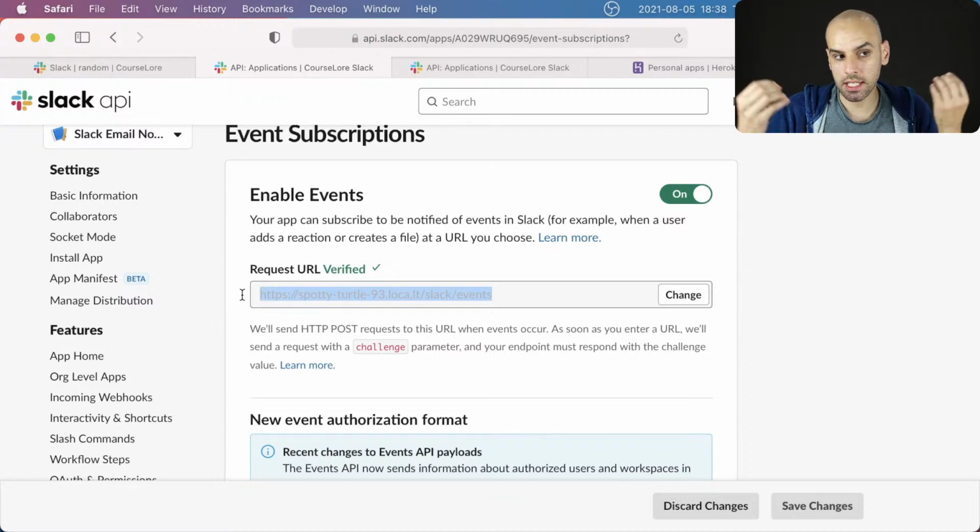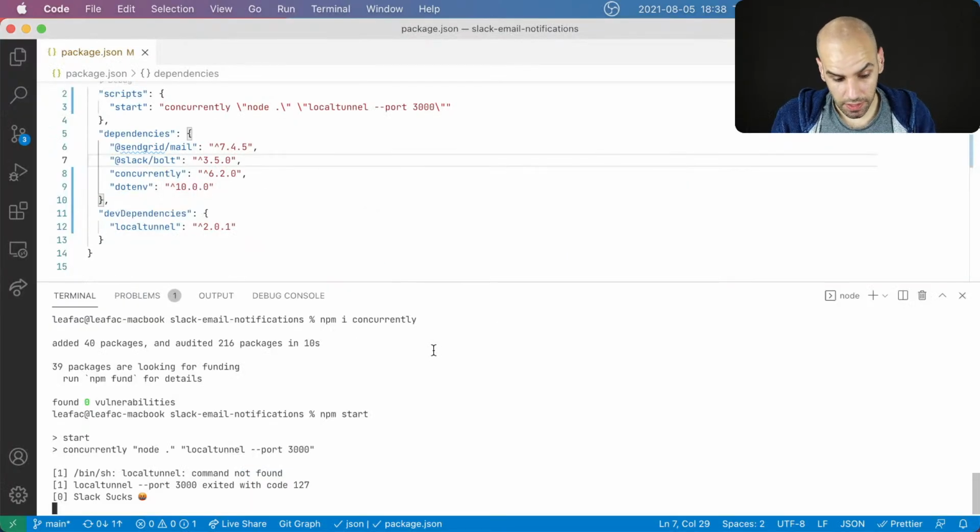This URL needs to be accessible from the public internet because Slack is going to send me a request, and my computer is not available on the public internet. So local tunnel is this library that makes your local development server available for anyone, which is useful for testing these kinds of API hooks, but it's also useful for testing things like on your phone, if you don't have a local area network to connect from your phone directly to your dev machine.